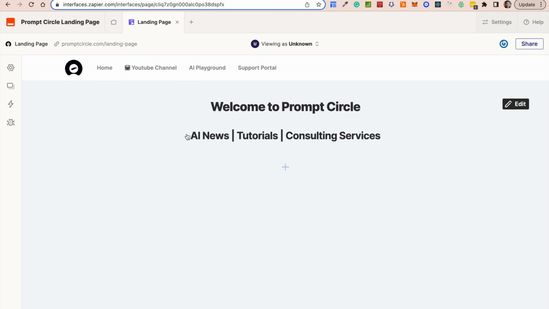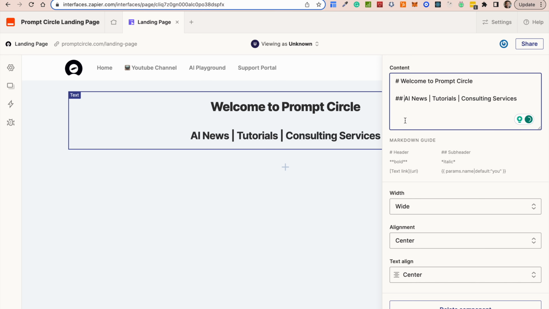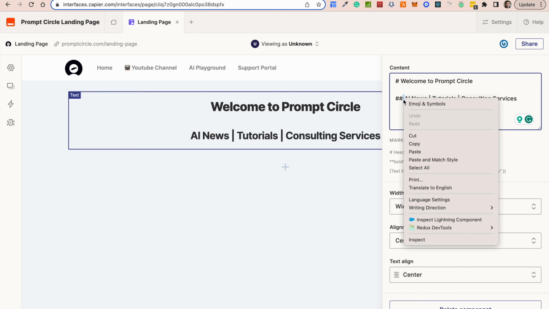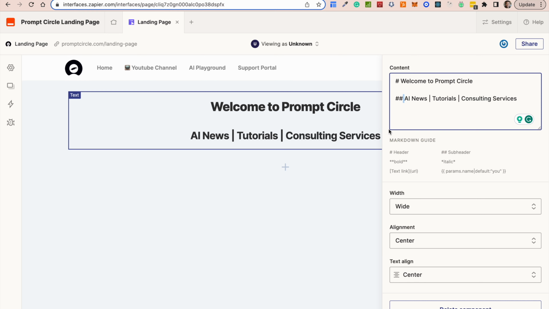We didn't put some of the emojis, so let's just go ahead and put them because emojis are always good. Emojis are the best. So let's go look for some emojis right here. So we're gonna get the emoji for a newspaper, which is this. Just make sure it looks nice and clean. So AI news. Then we have tutorials. So here,